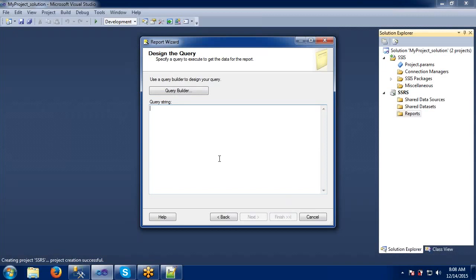Okay. If you know this one, select star from dim product, if you know that query, we can write that query directly into this design. If you are poor in SQL and lazy to write the query, then we have one more option, which is nothing but query builder.